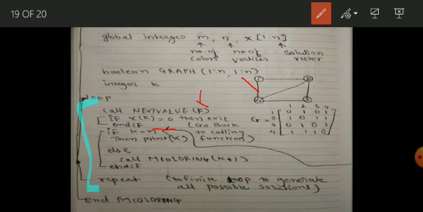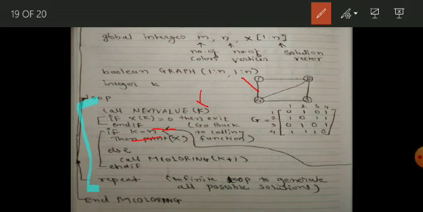If all the vertices have been assigned a valid color, then the condition comes: if k is equal to n. So here n is the number of vertices and k is a vertex number. Now we have seen in the state space tree that we start with vertex 1, then we go to vertex 2, vertex 3, vertex 4.